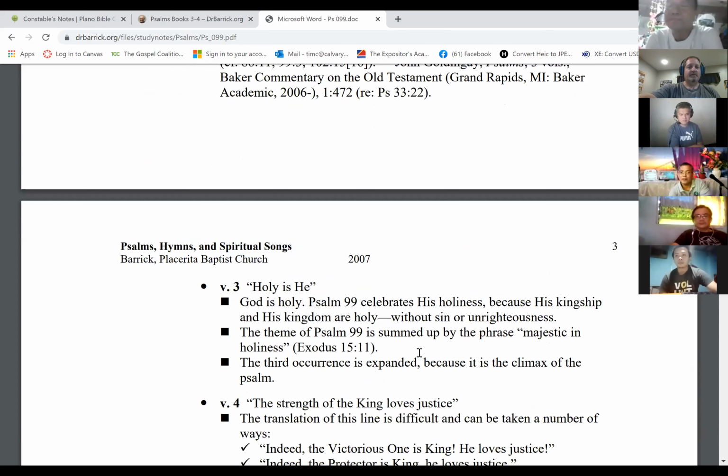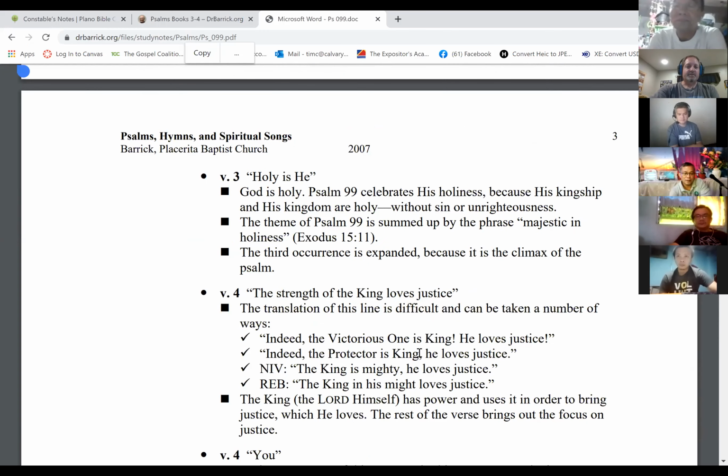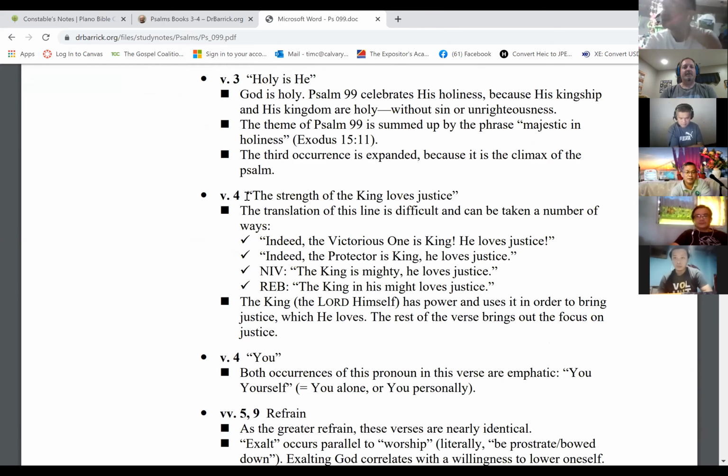Holy is he. Now, here's something in verse 4. I had trouble understanding this phrase: "The strength of the king loves justice." And remember, we looked at different translations, and they were all different. And he even notes that the translation of this line is difficult. Yep, I had a hard time too. It can be taken a number of ways, and he puts those different ways. And then he puts his interpretation,